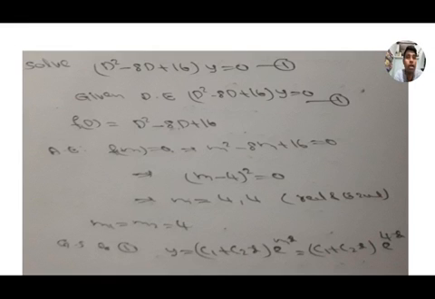Write down the problem. (D² - 8D + 16)y = 0, where f(D) is given, and the auxiliary equation f(m) = 0, m² - 8m + 16 = 0. Solving this we get m = 4, 4. The two values are real and equal. Therefore the general solution is y = (c1 + c2x)e^(mx), with m = 4 here. So (c1 + c2x)e^(4x).